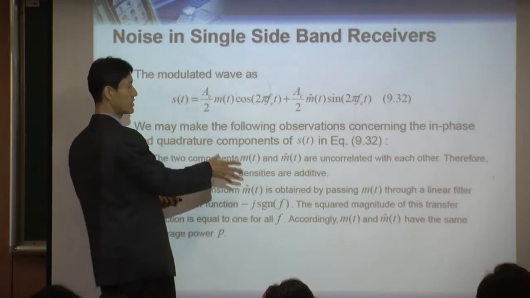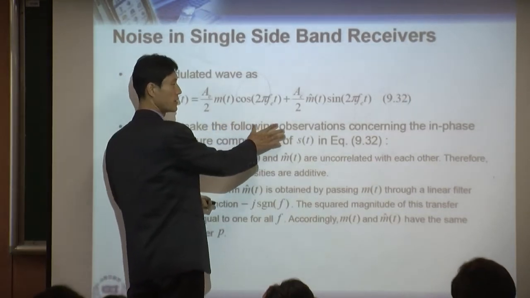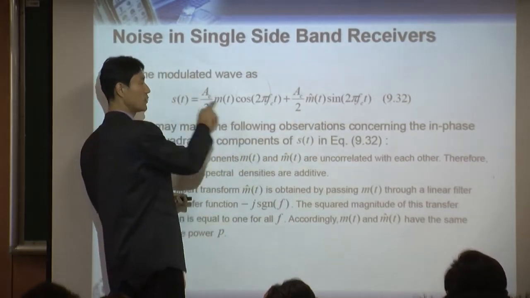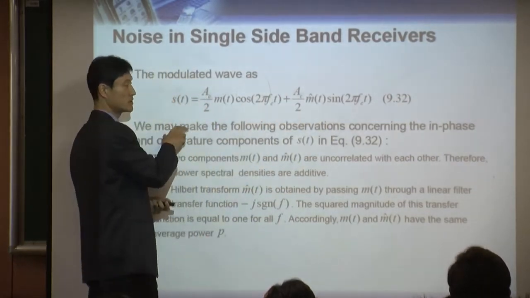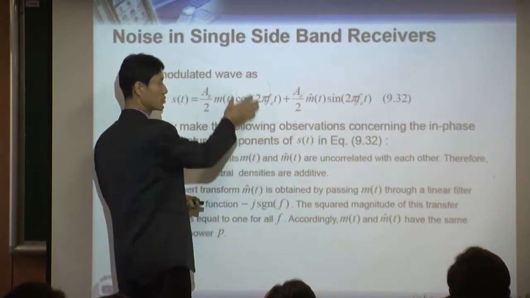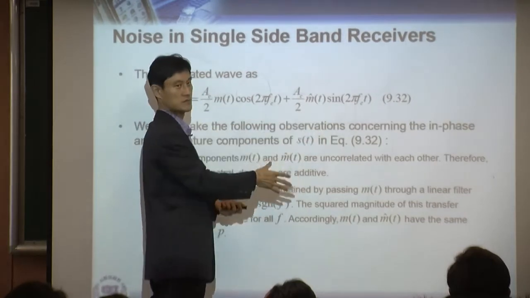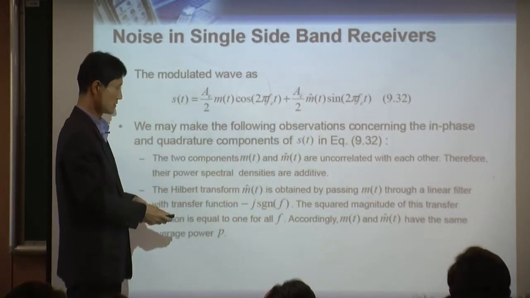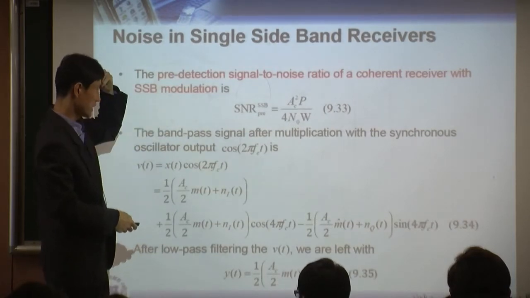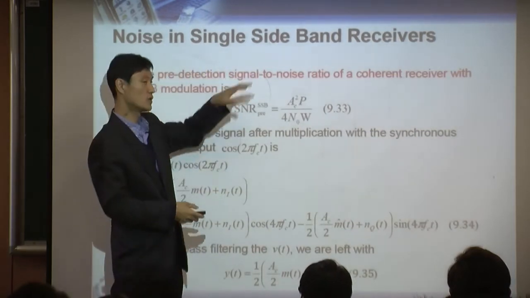Then N(t) has N_I(t) cosine minus N_Q(t) sine. So S(t) also has two terms, and the noise now has N_I(t) cosine minus N_Q(t) sine. So we have two cosine terms, two sine terms, right? Okay, so we're going to consider that, and eventually in single sideband,